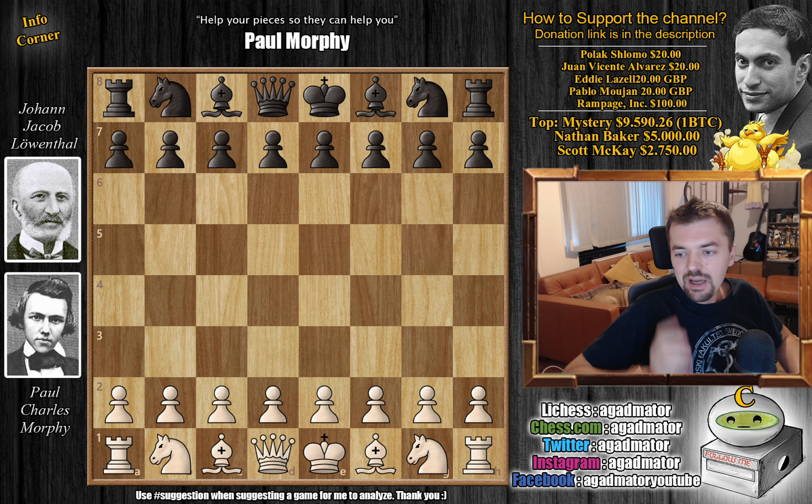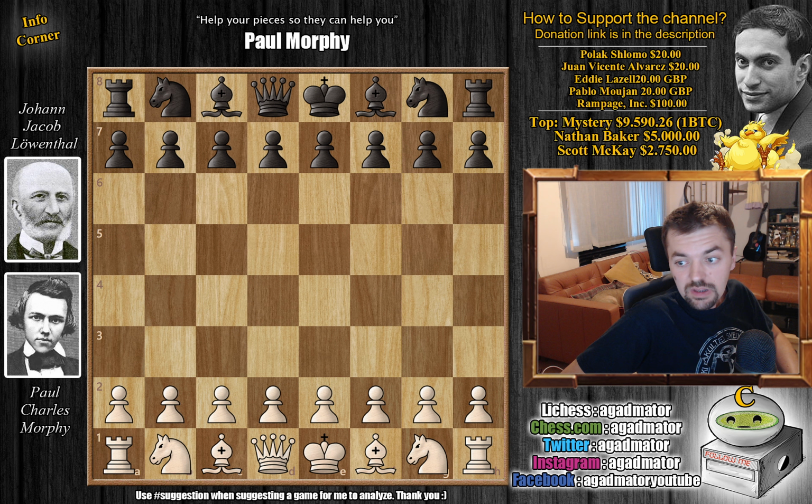We are continuing our match between Paul Charles Morphy and Johann Jakob Löwenthal from 1858. Currently the score is 8-3 in Morphy's favor. 11 games have been played, and if you're only joining in now, do check out some of the links in